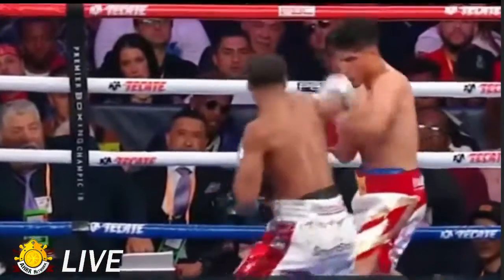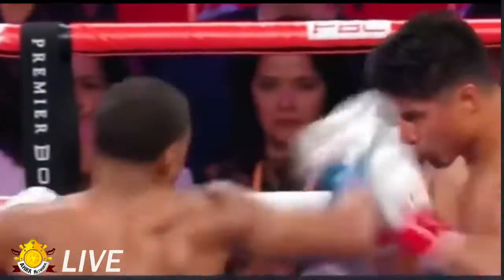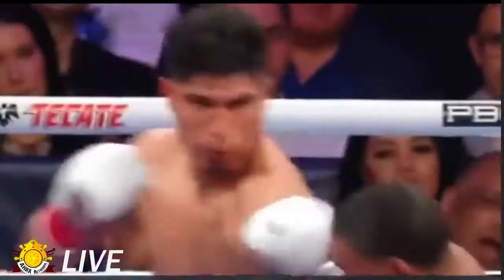In the 4th round, Spence landed 26 of 89 punches. Those are his highs over the first 4 rounds. Garcia with a good start here in the 5th, but Spence